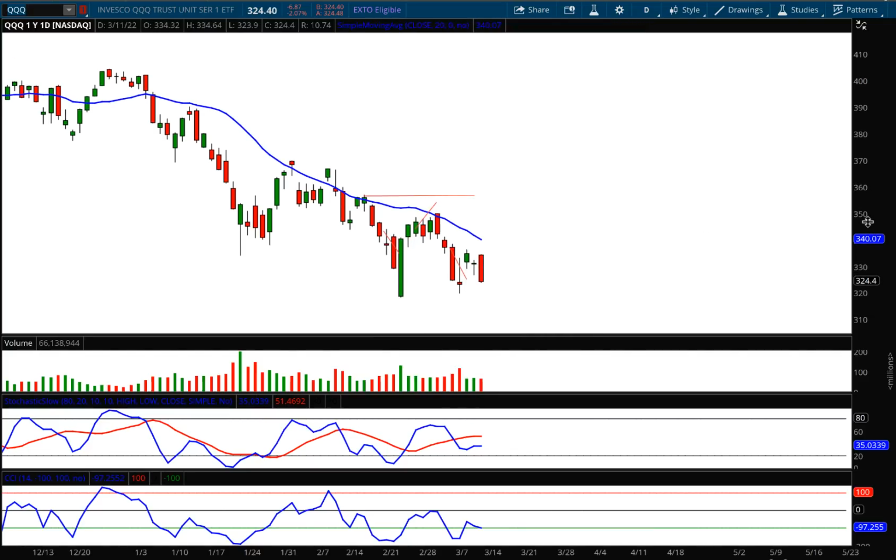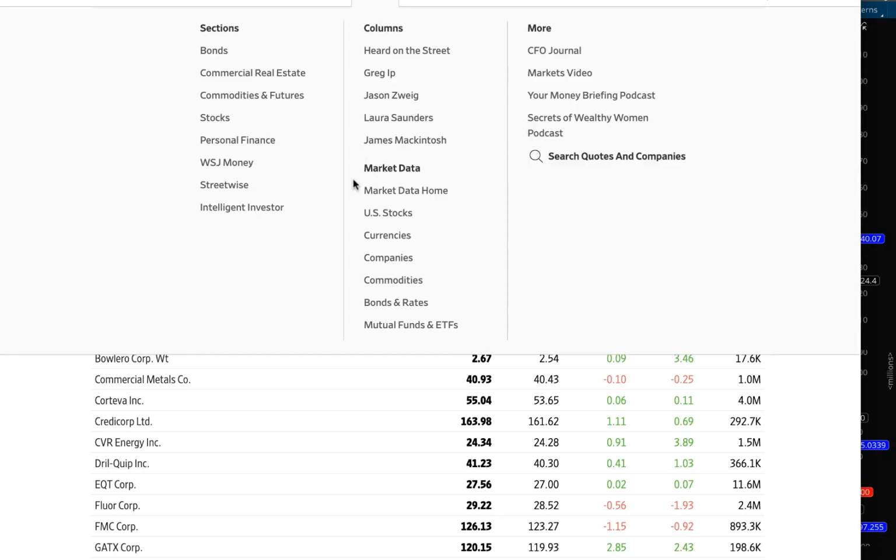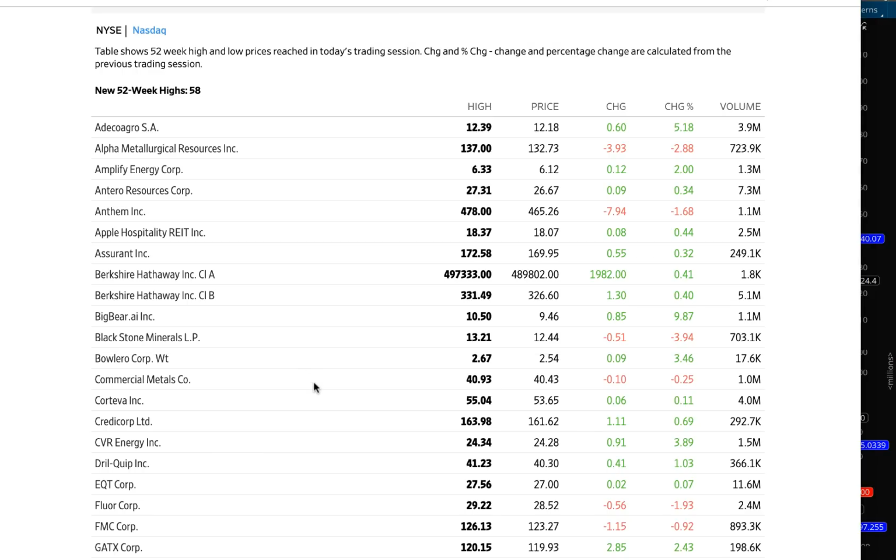below. So next week, the Qs could actually drop below this low. I feel eventually we will do that, but right now we might see a little bit of a bounce. We'll have to see. It's too early to tell, but I am forecasting lower on the Qs, mainly because if you look at the 52-week high-low list on the Wall Street Journal report here, this is WSJ.com. You can find the 52-week high-low list. I leave the link, by the way, in the description box below, and I would bookmark this